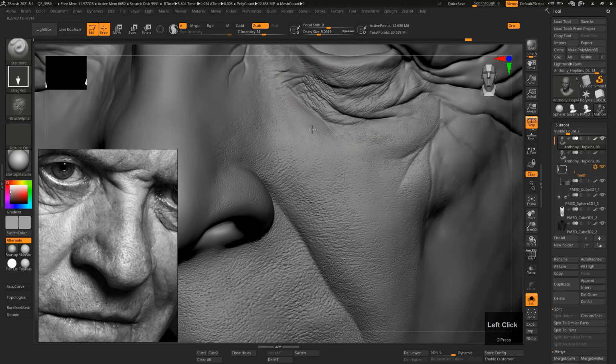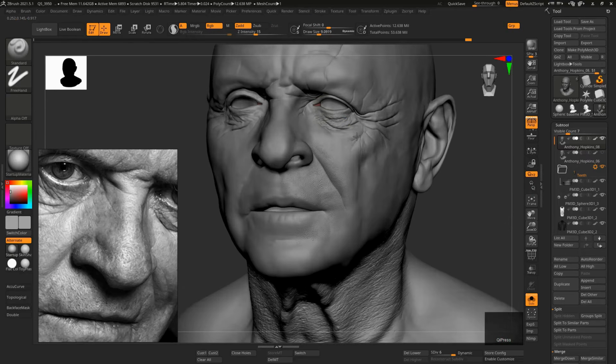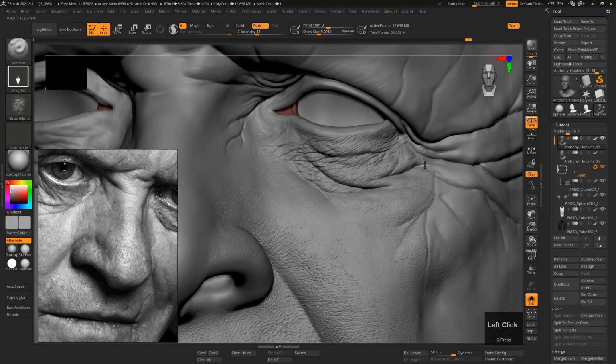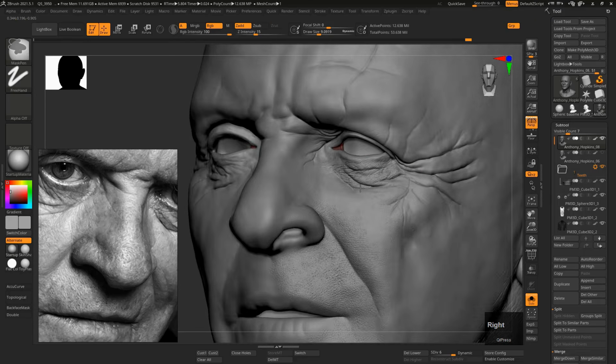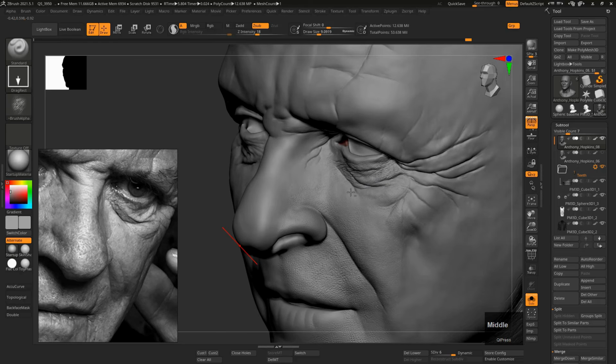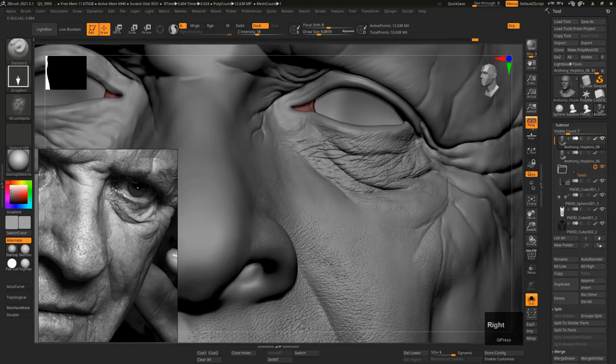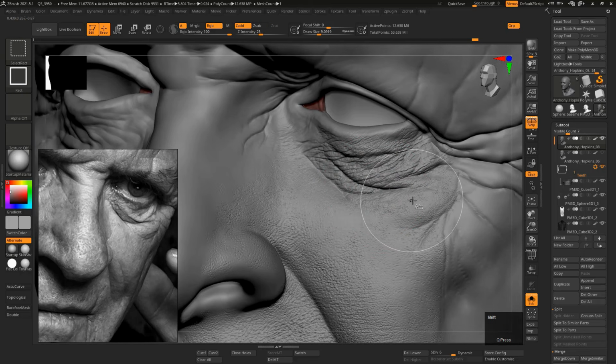Maybe some drag hacked too strong. In this eye bag region, I like to make some crossing patterns, you know,